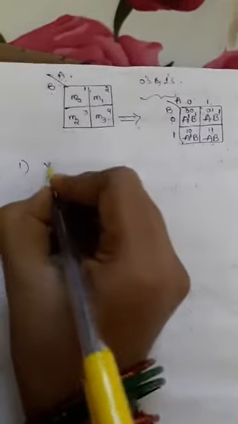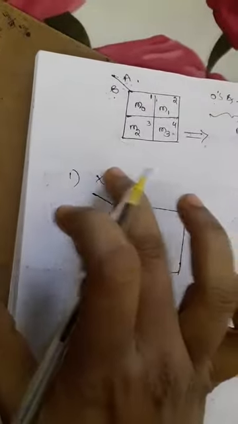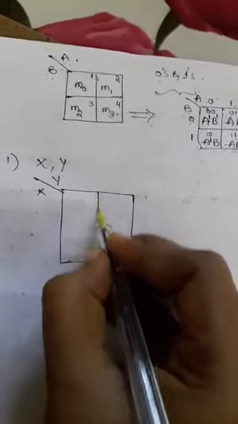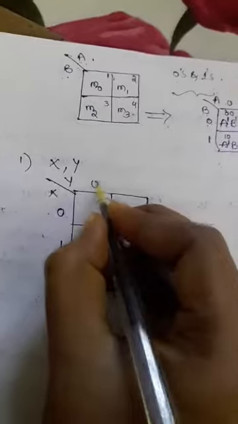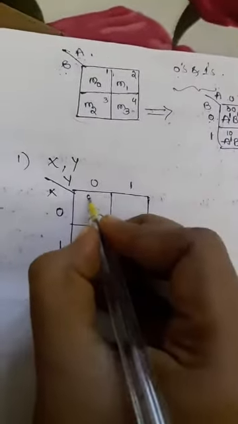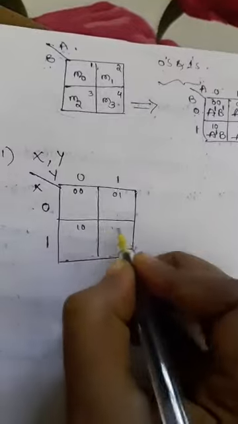How to represent a two variable K map? For example, I am taking one more example. I can take the two variables as xy. How to represent the K map for xy variables? First we need to draw the pictorial representation, that is a square box, and it is separated with xy variables. So xy means again two variables, and it consists of 4 cells. x consists of 0 1 possibility, y consists of 0 1 possibility. So 0 0, 0 1, 1 0, 1 1.